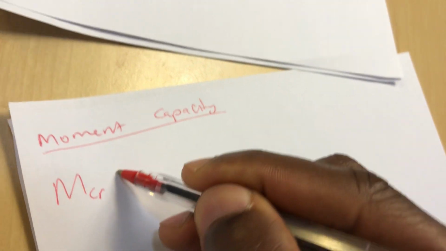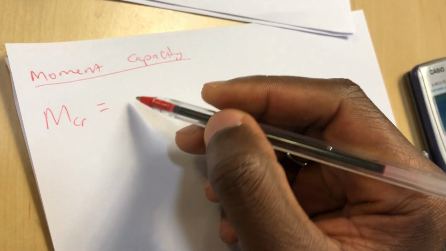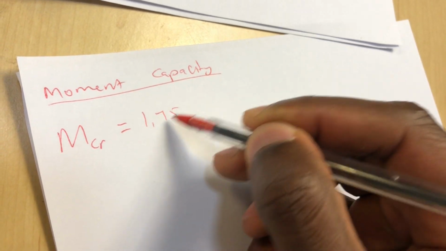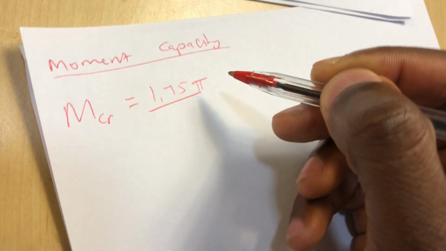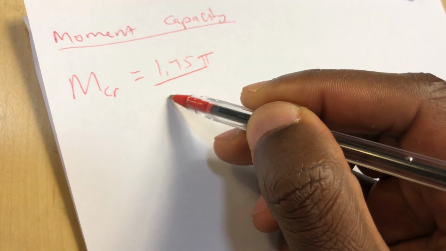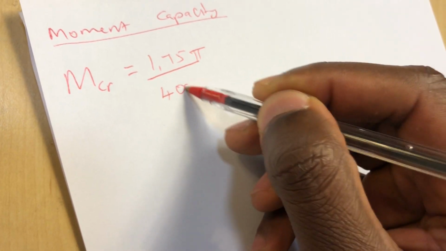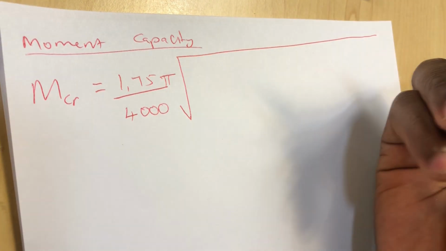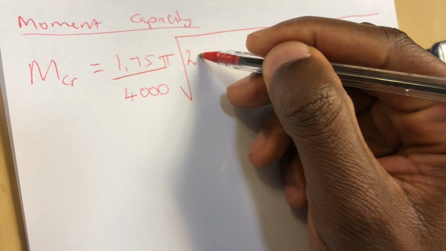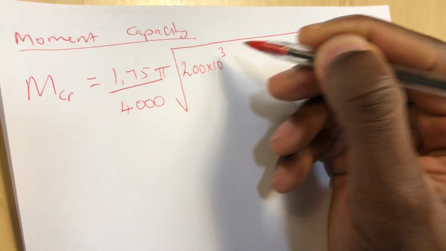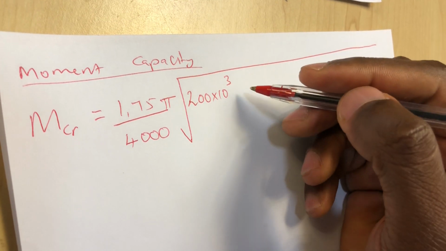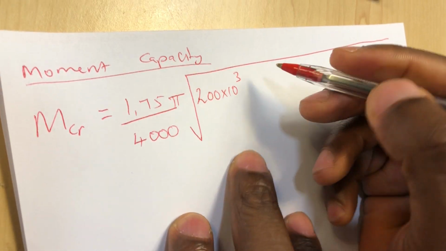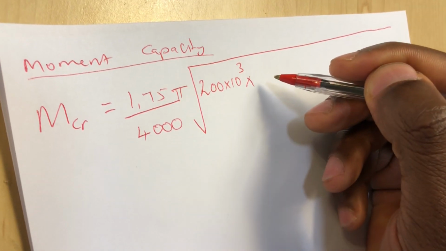So my MCR will be, remember it's ω2, which is 1.75, over, okay, pi divided by K, which is 1, and then the length is 4,000. The root of the grade, the modulus is 200. Even if you are not given, you can always know that it's 200 times 10 to the power of 3, as a conversion, and then now you times it by your